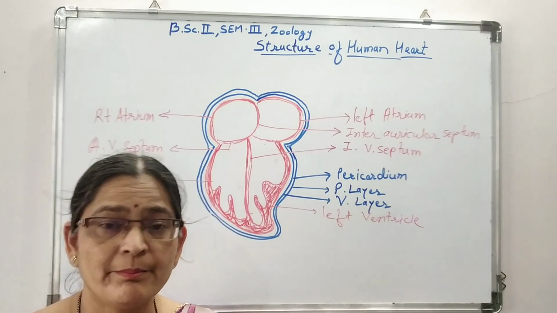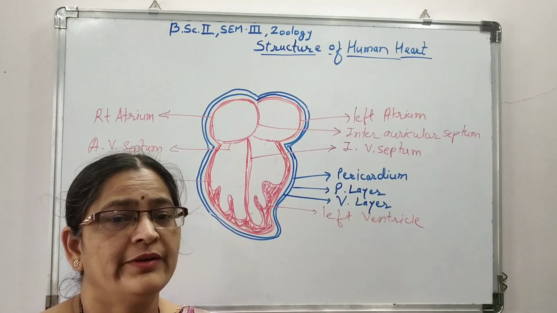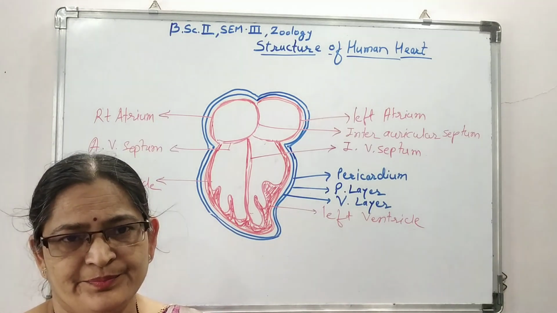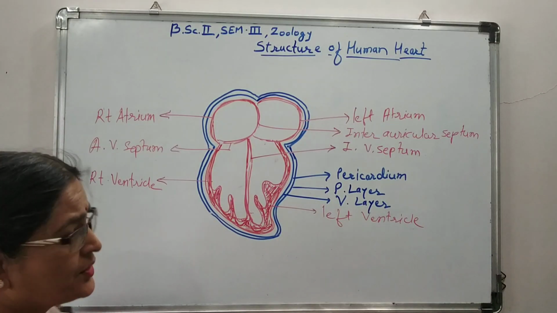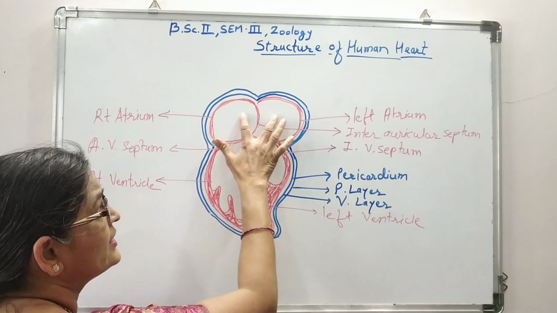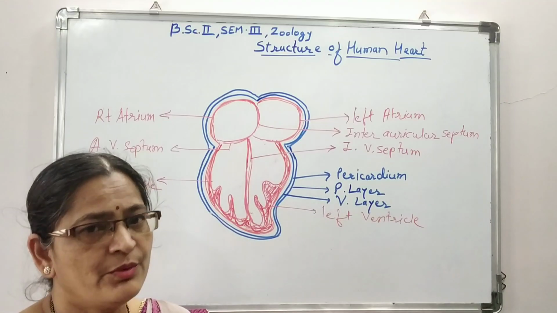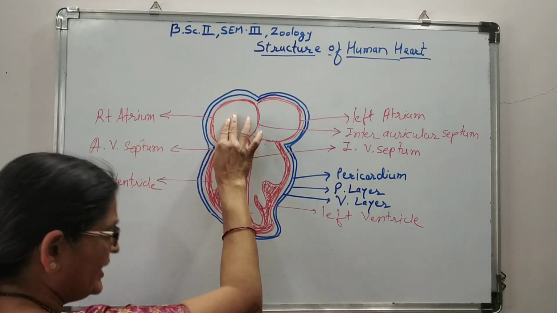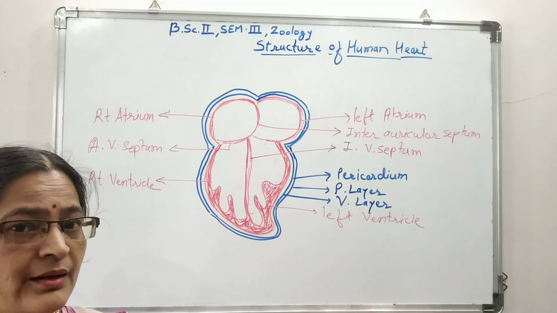This heart is a pumping organ. It receives blood from the veins and forwards blood with arteries. There are some exceptions for this. We will see this later on. Now see, these two chambers, that is the auricles, are the receiving chambers. This means they receive blood from various parts of the body. First see the right auricle. This right auricle receives deoxygenated blood from two main veins.